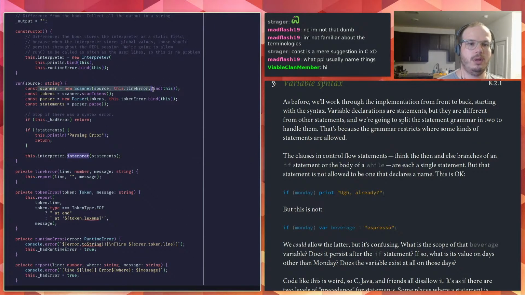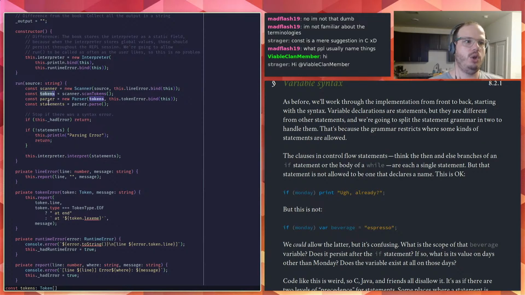So you have a scanner which splits a linear string of characters into a linear sequence of tokens, which are just groupings of characters with maybe more information. And then after you get your tokens from the scanner, you lex them, which means you put them into a lexical thing.